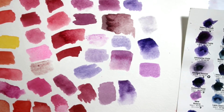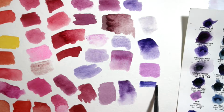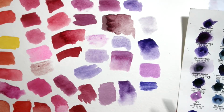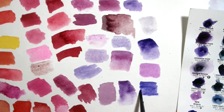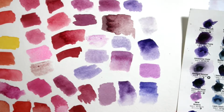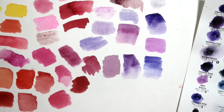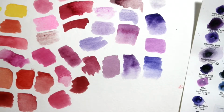Cobalt Blue Violet is next. And again, it has cobalt in it, so minerals. There's a bit of a shimmer that you probably can't really see on camera. And this does have a nice blue color to it. And then this one I've actually never used on the swatch card either, because I have